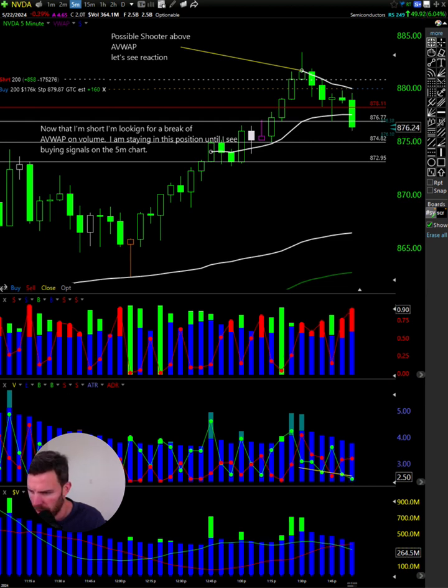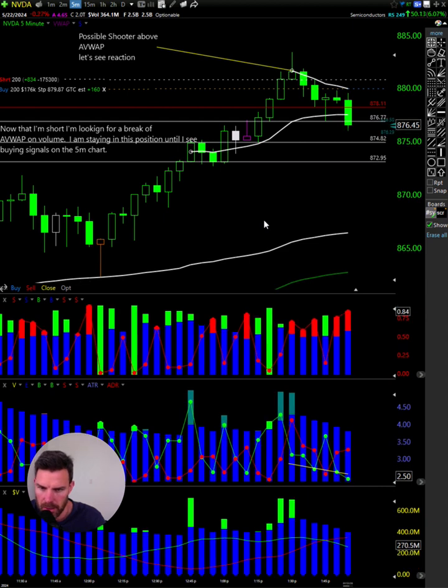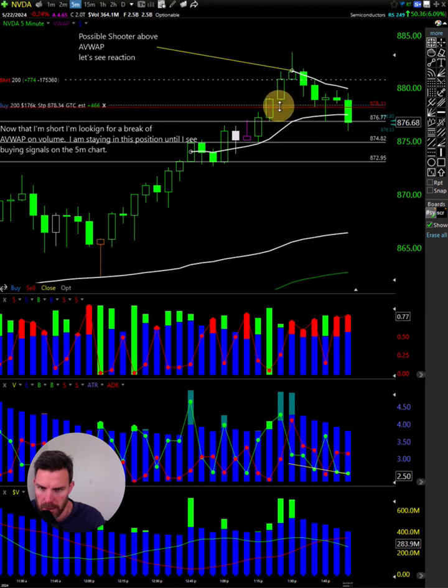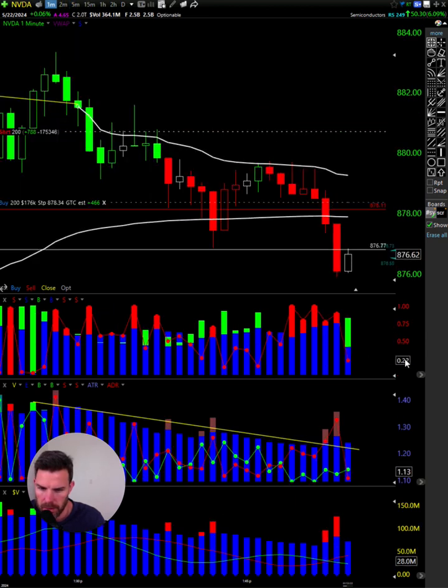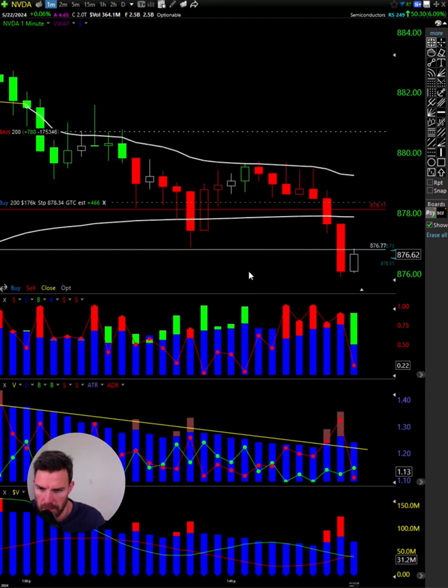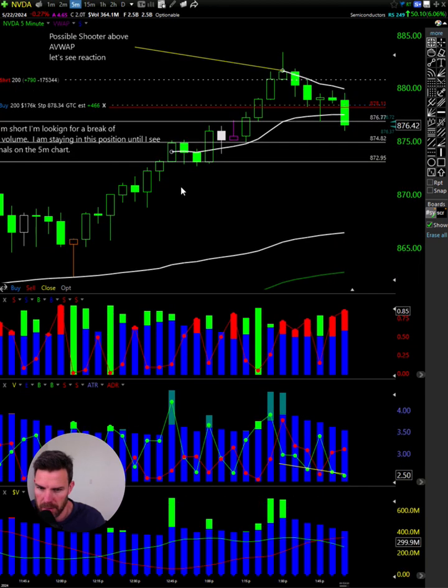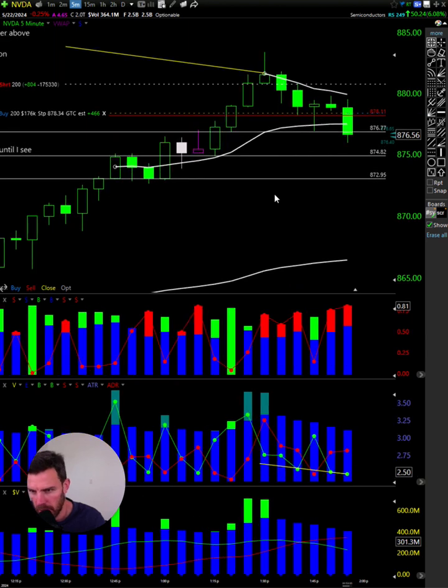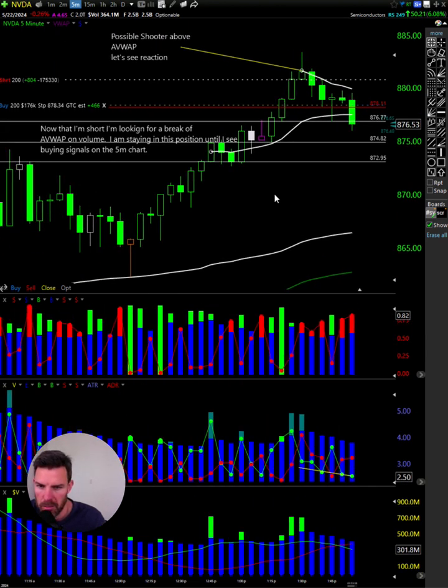So just with this position so far, I'm up 0.5% roughly. Nothing too exciting, but I don't want it to get back above that red line. See, buyers trying to step in. Maybe you ran some stops. Sellers are a little bit exhausted, so you can come back up here. It could be a dip spot, but